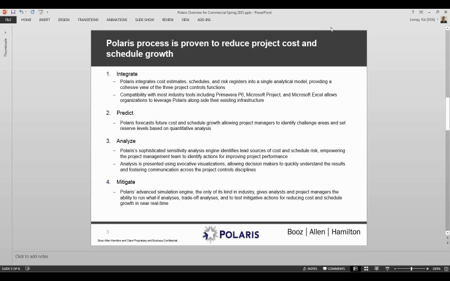The last piece is the mitigation features. We have some really neat mitigation options where we have the ability to do distribution analysis, where if you want to look at a project S-curve or different risk mitigation options, you can go through and have, let's say, a baseline, which is coming out of the initial risk register,